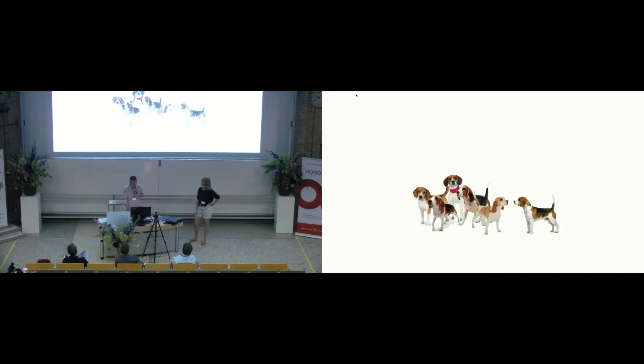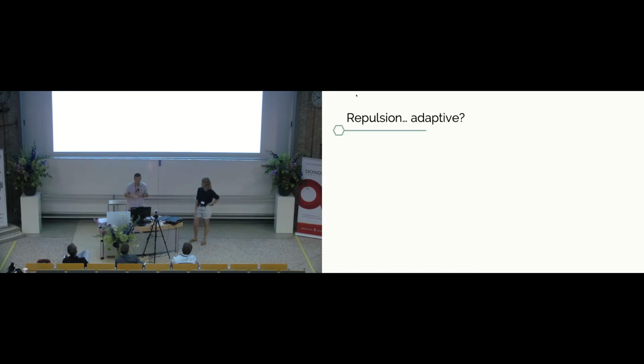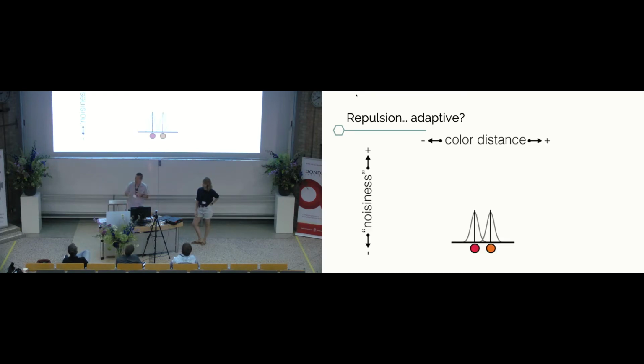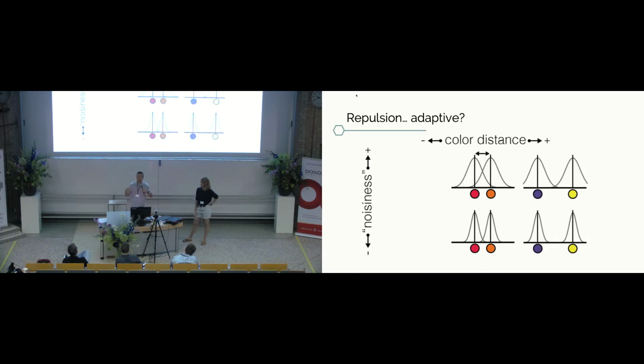So we want to test this hypothesis: if the repulsion bias is actually adaptive, you may see stronger repulsion when you're trying to increase signal to noise. You can manipulate this signal to noise ratio in two ways. One is the noise in the system. You can imagine that if the encoding becomes noisier, then you might need repulsion to keep them apart. Or you can test whether, if you put these two memory colors apart, up to the point you no longer need repulsion. But if you reduce the color distance and make them more similar to each other, maybe the repulsion will come back again, right?